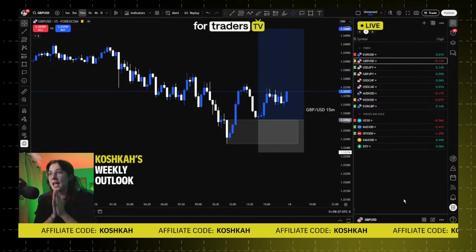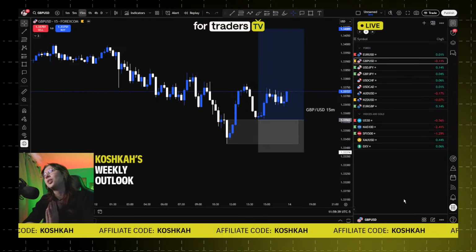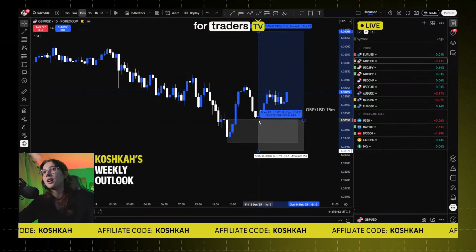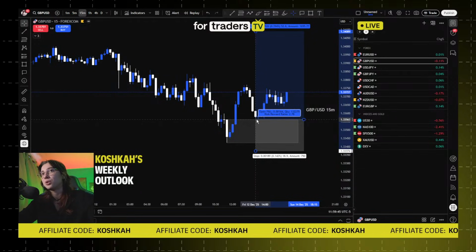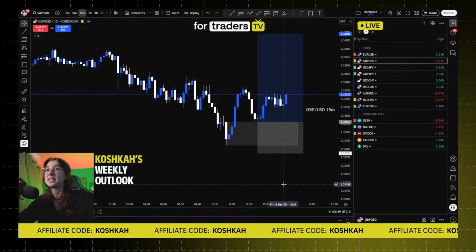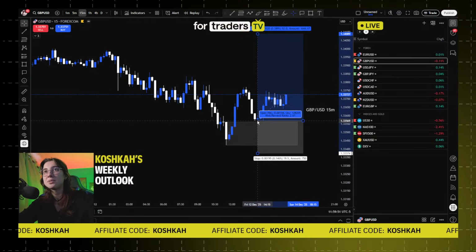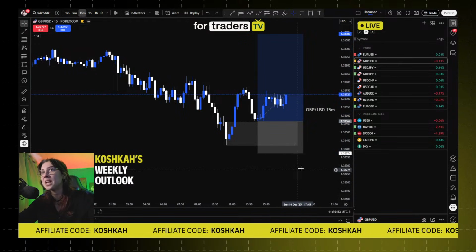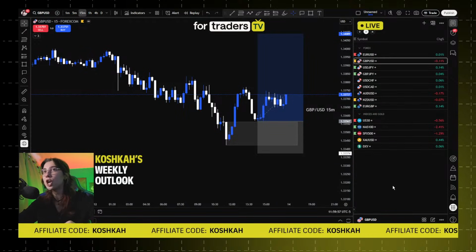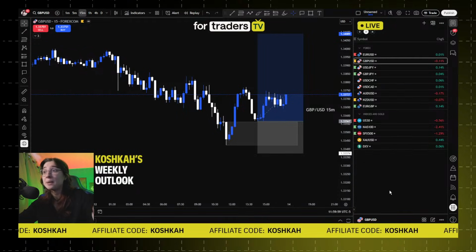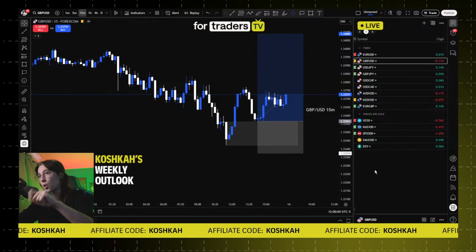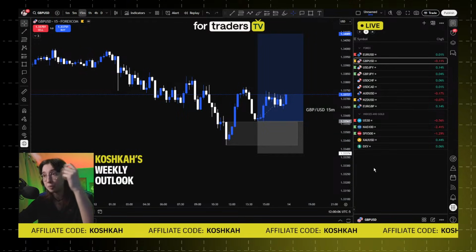Okay, so let's see what it looks like for spreads. How can I explain it for everyone to understand? Imagine that you have an entry exactly right here and price taps into the entry by a few seconds, but when you go and see your MT5 or your TradeLocker, the entry didn't get tapped in, even if it came back exactly to the limit order. This is because of spreads.